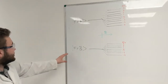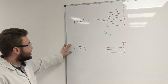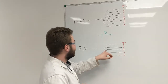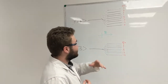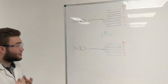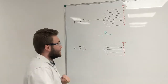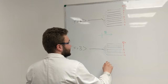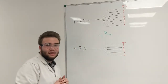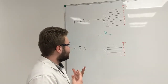And if we have integer total spins of the nuclear and electron spin, then in a first order perturbation calculation, these levels at MF equals 0 in fact do not change with the application of a magnetic field. And quite often, in some atomic clocks, a small magnetic field is applied that produces this splitting in order so they can exactly pick out this MF equals 0 level and stop stray magnetic fields from perturbing your